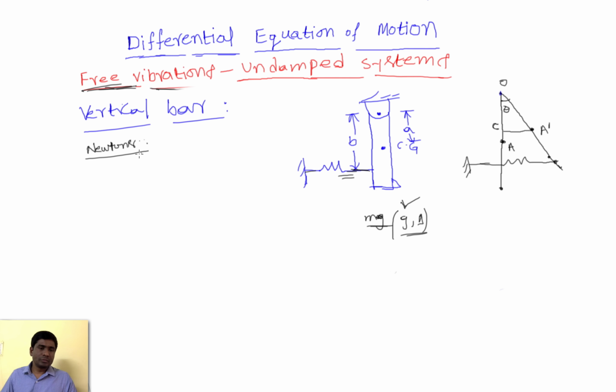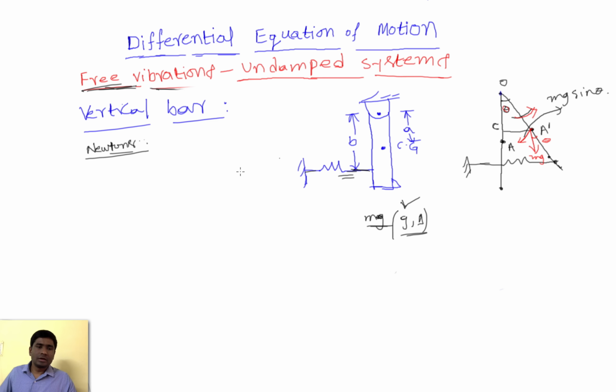So first of all, we use the Newton method. In this method, we give an initial displacement, an initial rotation theta. So it reached this position, and this is mg acting in this direction, and this is also theta. This is perpendicular to this one. If this is theta, then this automatically becomes mg sine theta. So this component becomes mg sine theta.